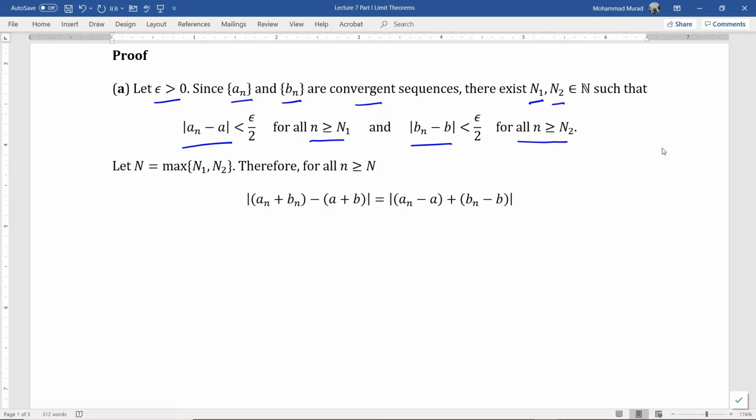Now we define capital N equal to the maximum of n sub 1 and n sub 2. Therefore, for all indices n greater than or equal to capital N,